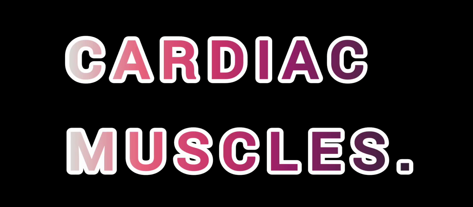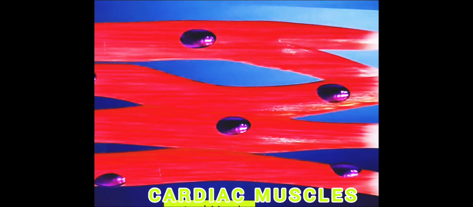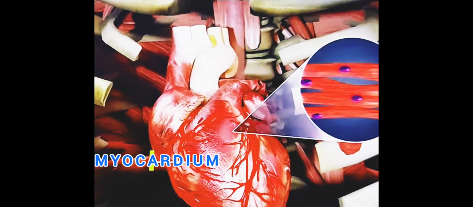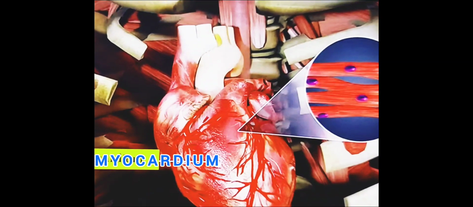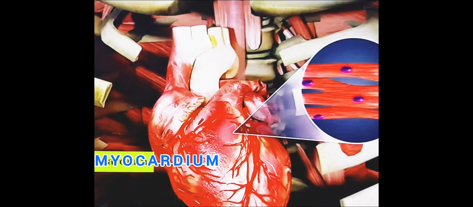Finally, coming to the most specialized muscles, called cardiac muscles. These cardiac muscles are structurally striated and they are located precisely in the heart. So we call them cardiomyocytes. They form myocardium in the vertebrates. Each muscle fiber is short, cylindrical, branched, mostly with one centrally located nucleus, but it may also possess two nuclei at times.